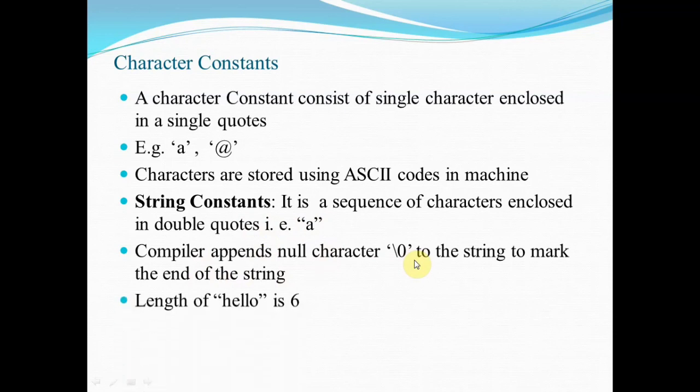For example, if you write the string hello, then this hello actually contains only 5 characters, but the last null character \0 is appended by the compiler. So if you see the length of this string, it will become 6.